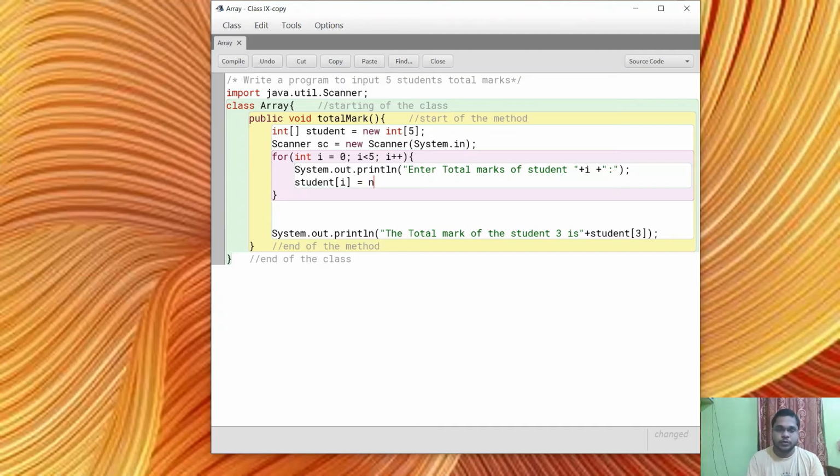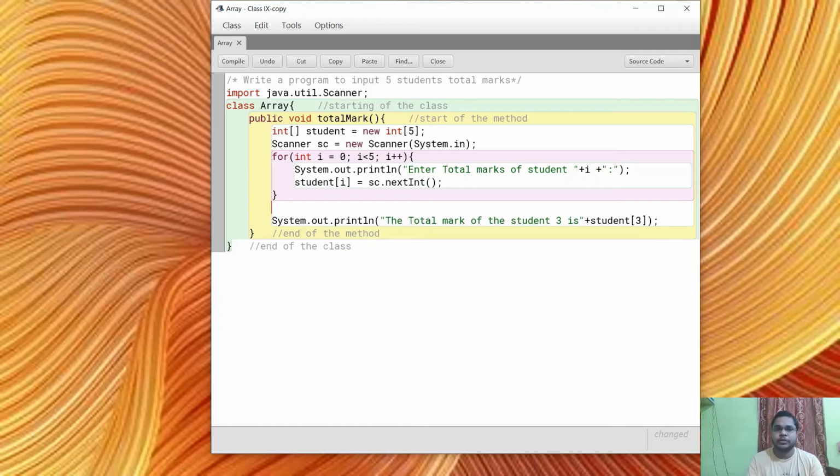So equals the scanner object, that is sc.nextInt, which is my method name. That's it. In this way we can input the 5 students' total marks into my student array. Let's print the total mark from student 3. Here is the printing statement: the total mark of student 3 is student[3].